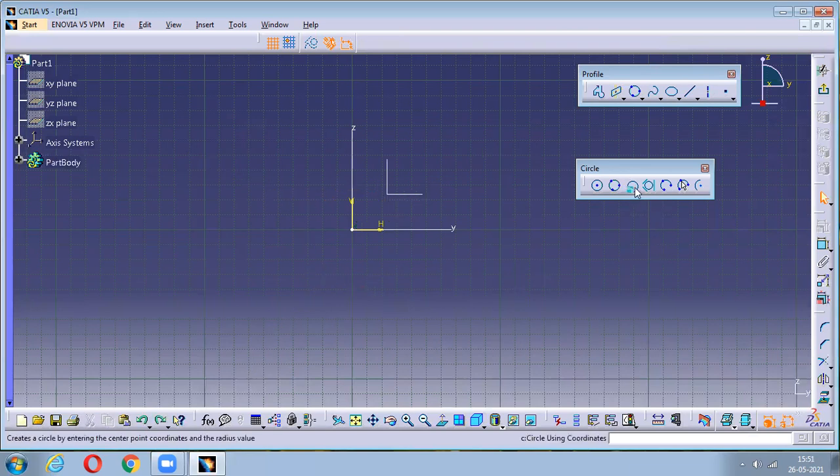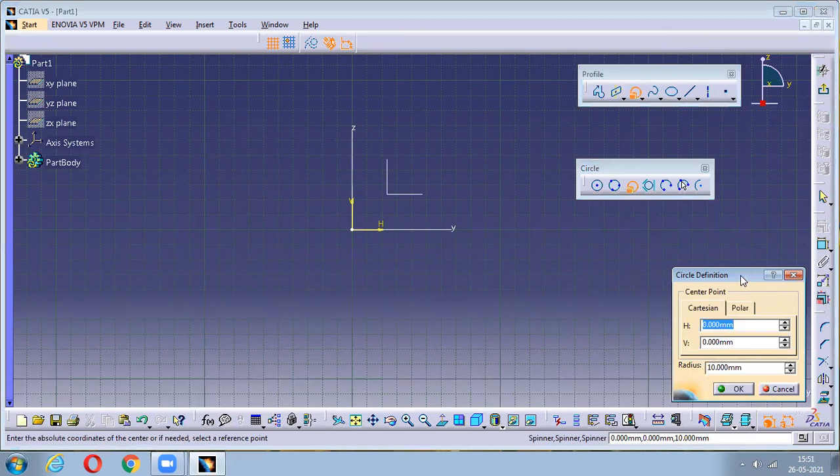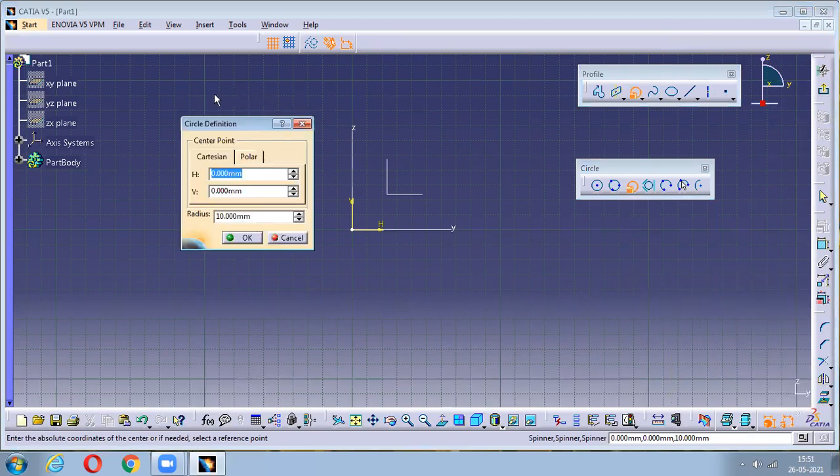So next, we have circle using coordinate. Now this is the first time you are seeing a dialog box in CATIA. This kind of appearance is called a dialog box. Wherever you see this blue highlighting, that means there you can assign the manual entries. Now it is asking you for the horizontal distance. I'll assign it as 50. Next it is asking for a vertical distance.